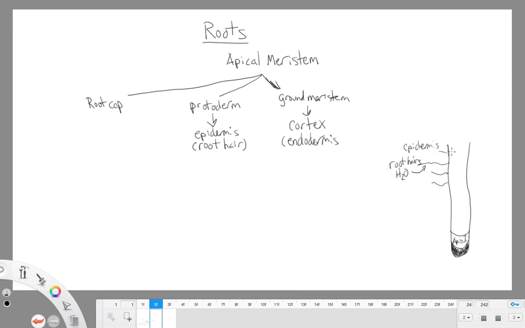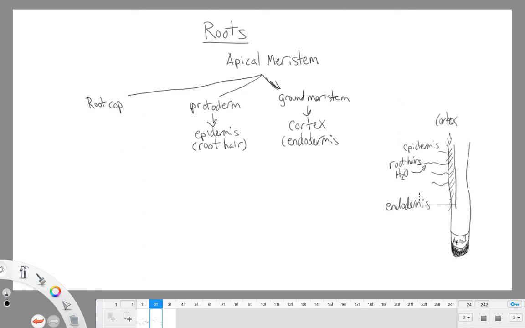So we have our epidermis on the outside here, and then moving inward, this region right here would be our cortex. That cortex is mainly those parenchyma cells, the all-around cells. They're going to act as storage here. They're storing different nutrients. And the inner part of our cortex,